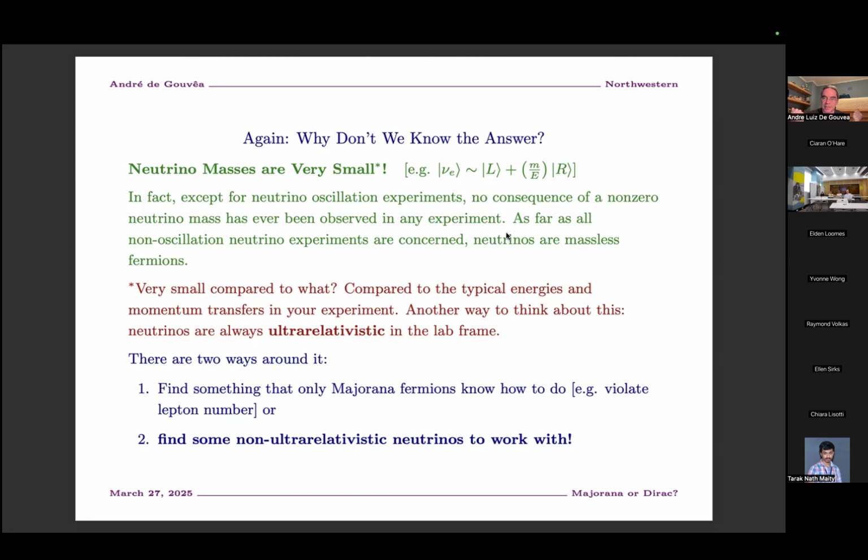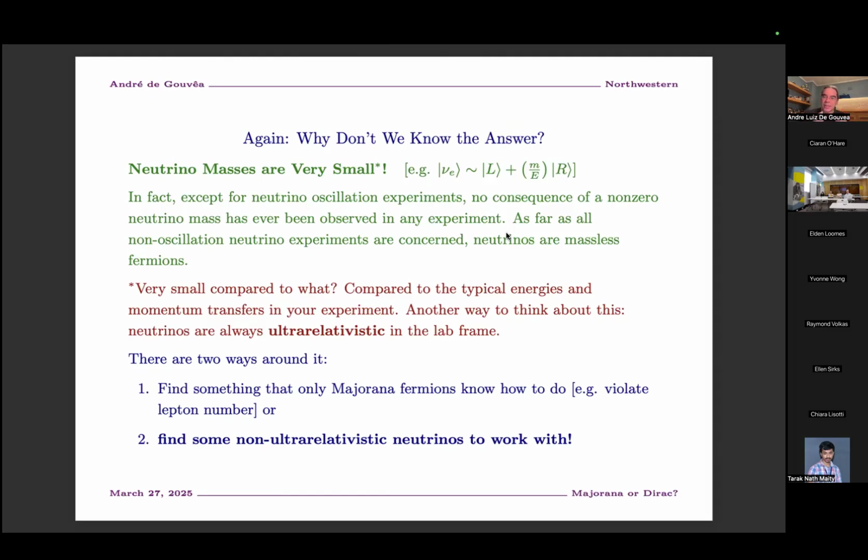Of course, saying that something is very small is an ill-defined concept, especially if the something has units. So you have to say that the neutrino masses are very small relative to, let's say, the typical momentum transfers of the physics process that you're interested in. So a different way of saying what the problem is